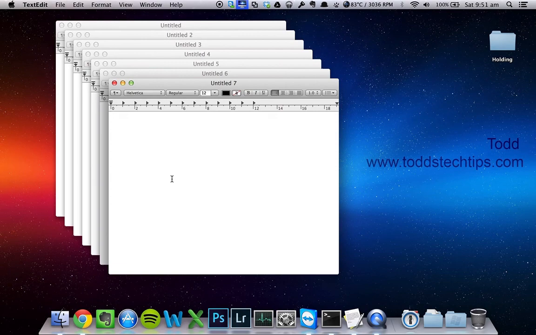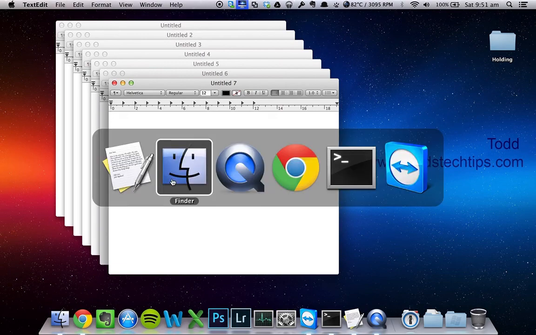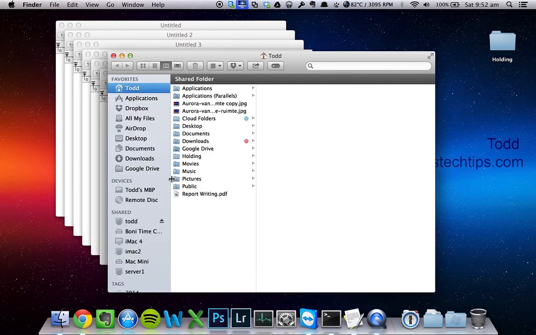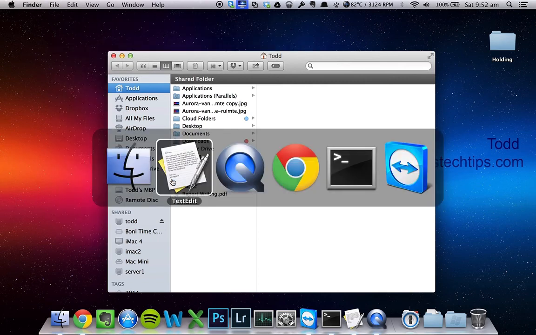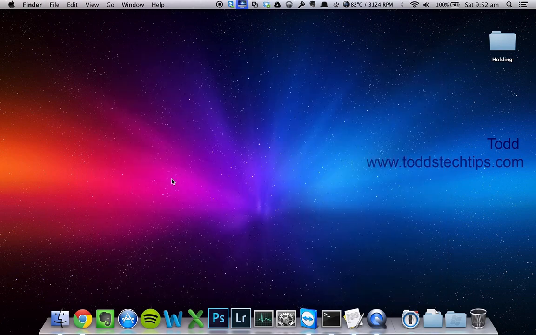And from there I can utilize TextEdit. If I want to open up the Finder, same thing, just releasing the keys when you're done. But from this panel you can also close the app or hide it. So hide TextEdit with Command H when TextEdit's selected, and Command W to close the Finder. Another way